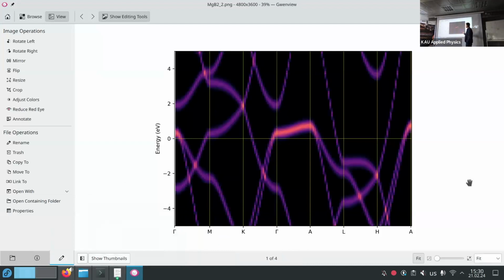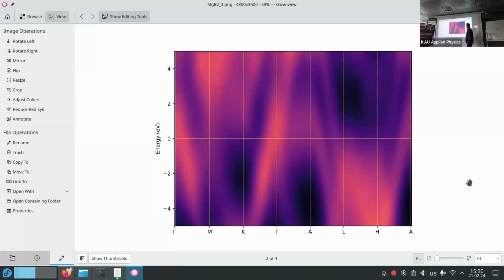Then we increased the Gauss from 0.005 Rydberg to 0.02 Rydberg, and we see that it's broadening. Here is our main part of electron states, and here we see not so huge amount of electrons. And now we increased the Gauss really hugely, a few electron volts. Yeah, it's 0.2. The Gauss, it means that the broadening is like half electron volts, maybe 2 electron volts.